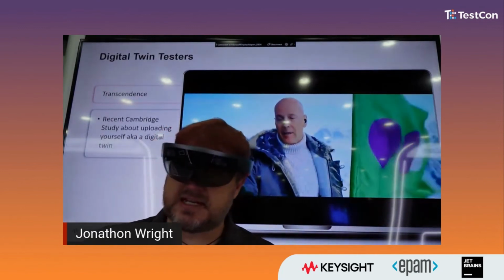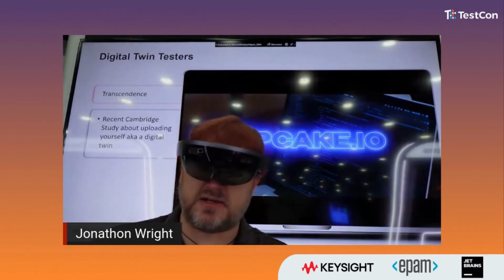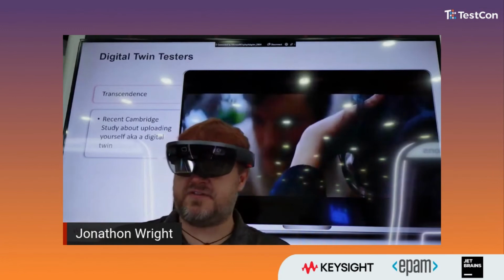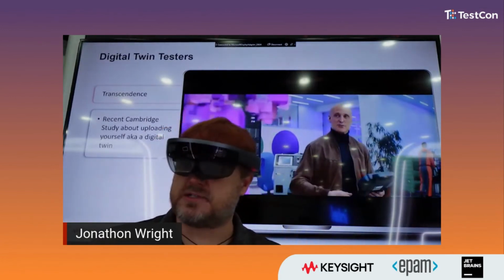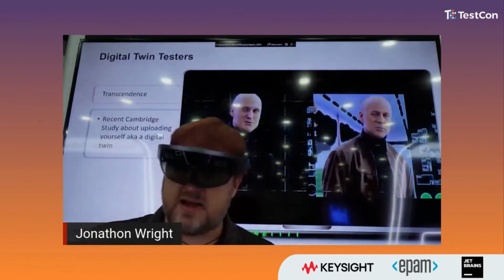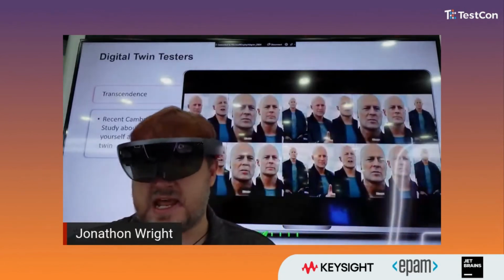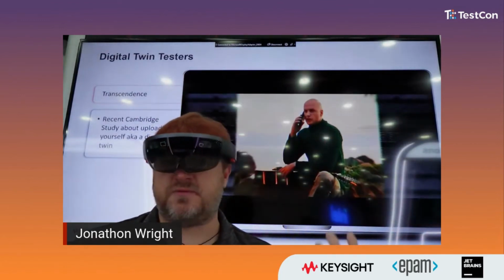Now, you probably can see on the left-hand side, Bruce Willis. Unfortunately, Bruce had some bad news recently, and he's got a terminal illness. So he's actually given over the rights through the Acting Guild to allow him to continue acting as a digital twin, and overlay him onto a traditional actor and maybe play in the next Die Hard movie. So this ability to use what we would normally look at as deep fake technology,